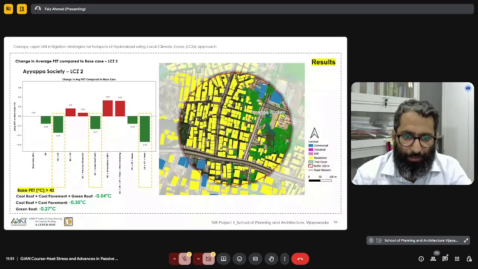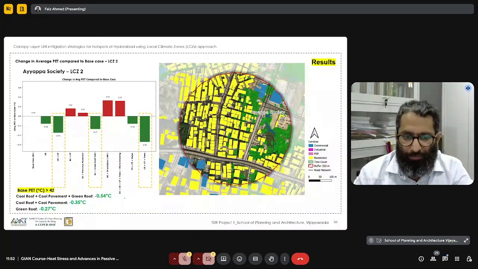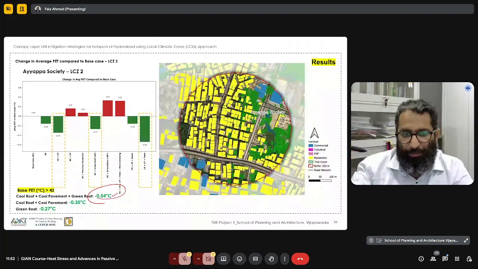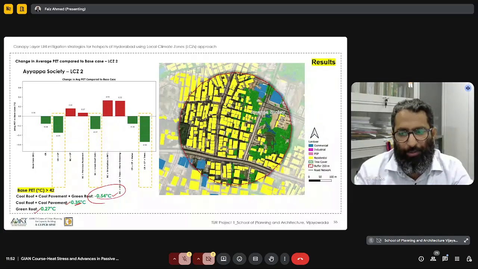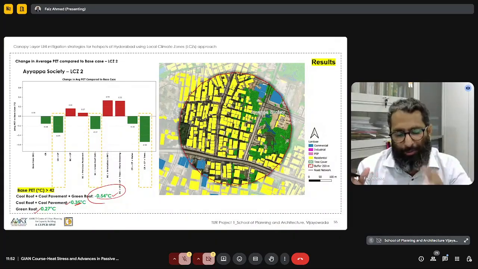Similarly, when we added trees and also cool roof, cool pavement and greenery, it actually added to discomfort. So the most effective strategy that worked in this case was cool roof plus cool pavement and green roof, with which we were able to bring the PET value down by another 0.5 degree difference. And if we apply only green roof and cool roof plus cool pavement, we were getting a PET reduction of about 0.3 to 0.35